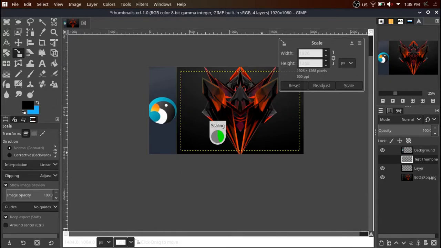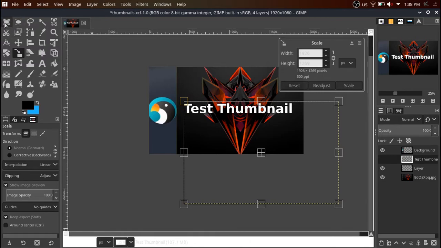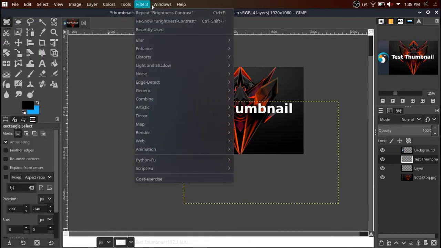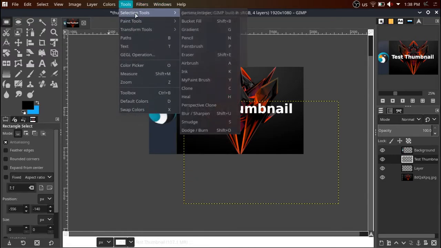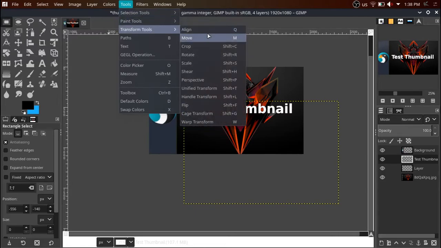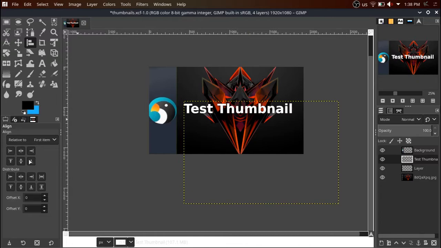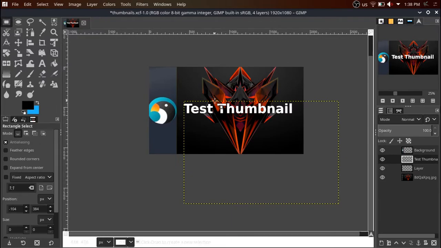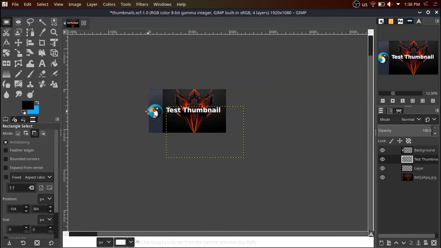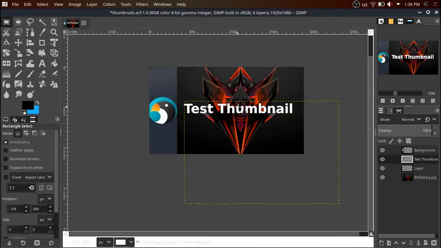There is also a tool that lets you, let's see where it is, tools. Oh yeah, there it is. There's an align tool, which lets you select it to the center or wherever you want it, but I still haven't really figured out how to use that. But yeah, so this is just a very basic